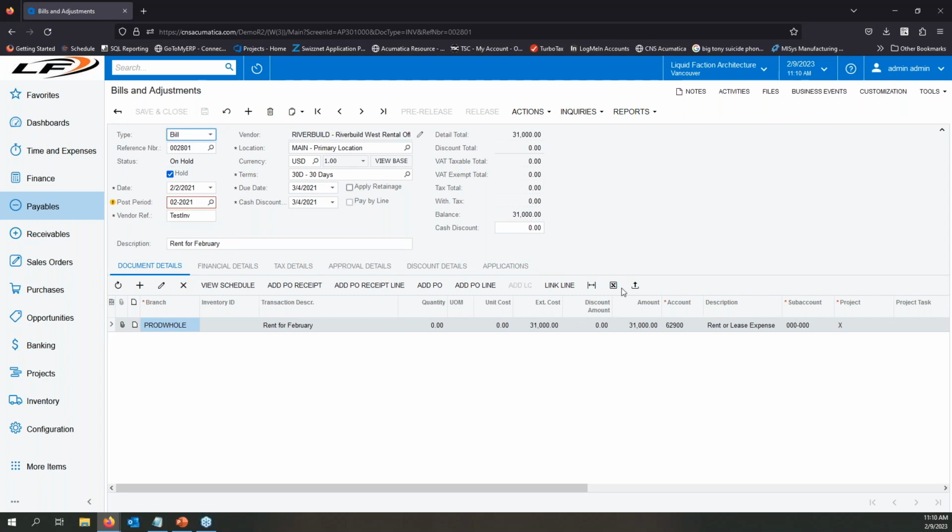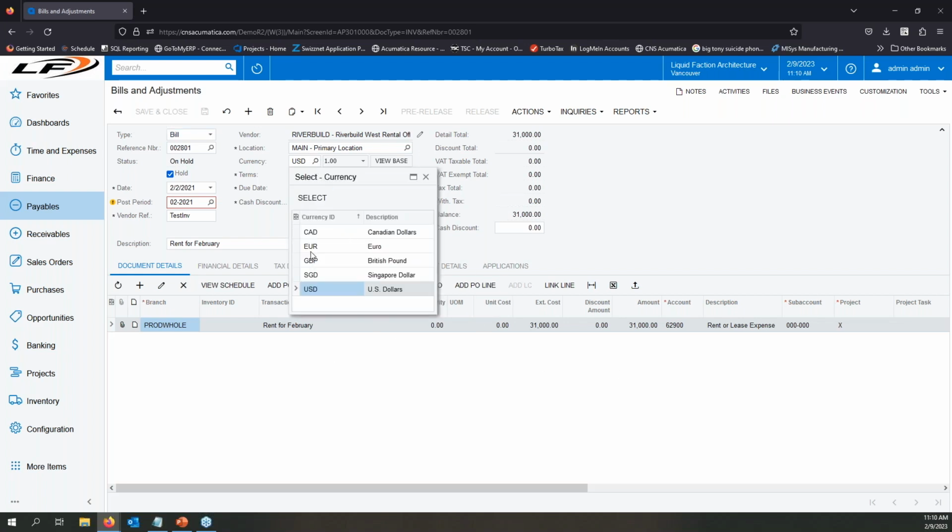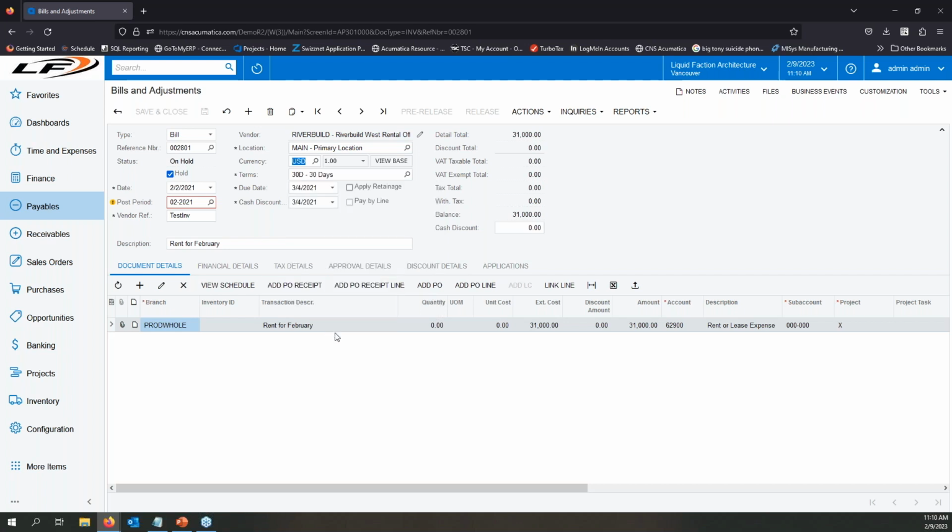So with this new bill, let's demonstrate how a few things are connected. So we'll have a look here. Okay. So right now, currency, I'm able to switch it to Canadian, Euro, British Pound, Singapore dollar, but it's defaulted in US dollars. If I were to head back into the vendor settings